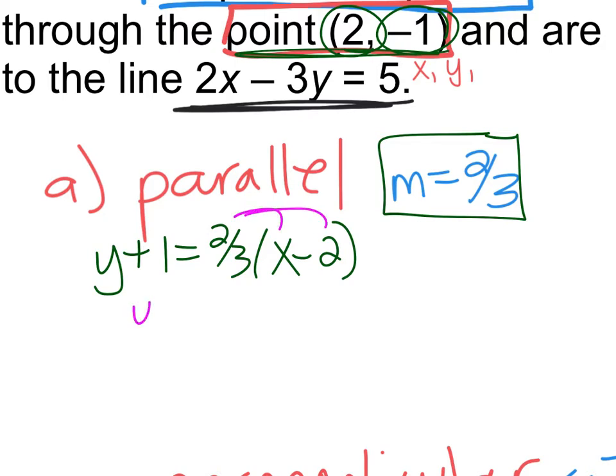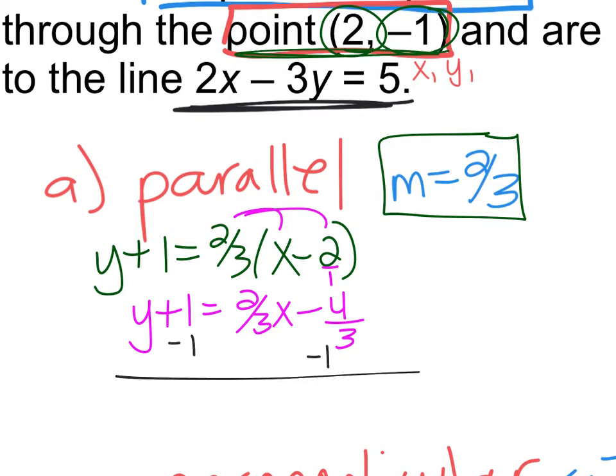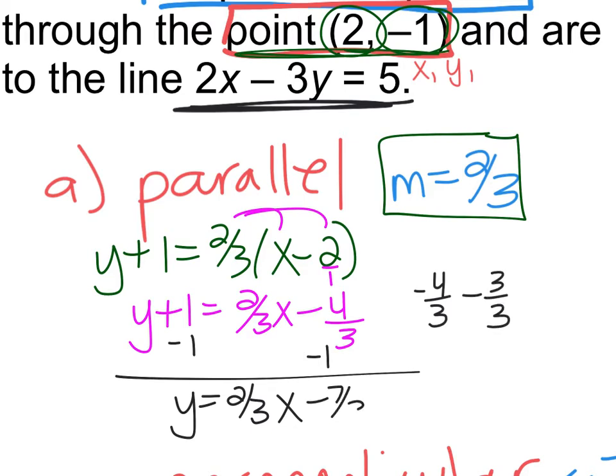Distribute the 2/3. So we get 2/3x, and then minus. Now think of this 2 as a 2/1. So we take 2 times 2, which is 4, and then 3 times 1, which is 3. And then to solve for y, we would subtract 1. So we get y equals 2/3x, and then if we take -4/3 minus 1, which is 3/3, that would be -7/3. And there's the equation that is parallel to the given line